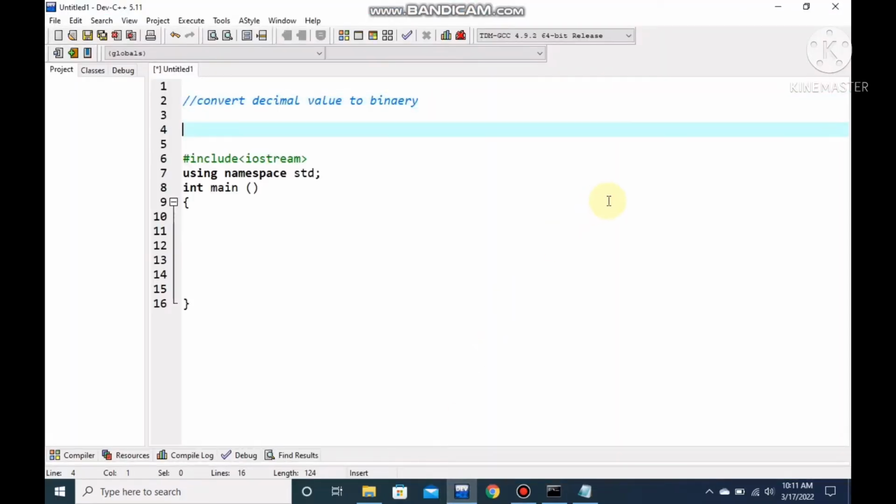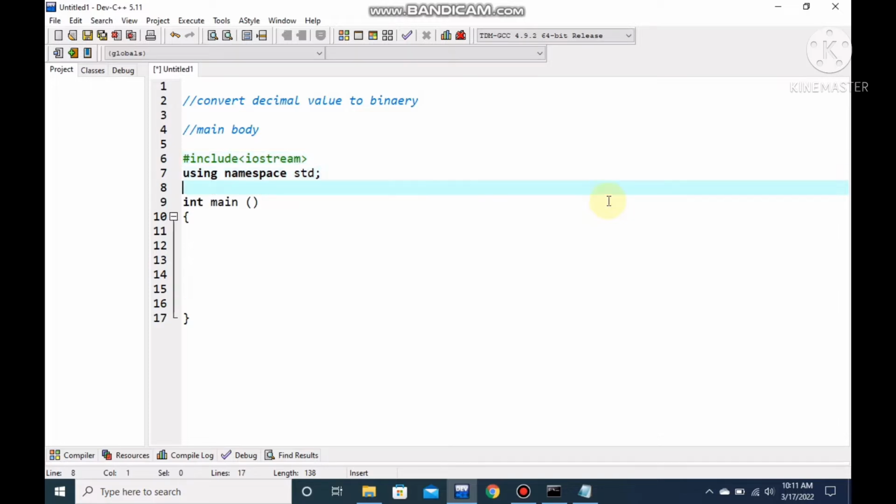Hello everyone, in this video I'm gonna show you how to convert your decimal value to binary value in a C++ program. So this is our main body, and first we declare the function that's named decimalToBinary, and we take a data type that's integer,